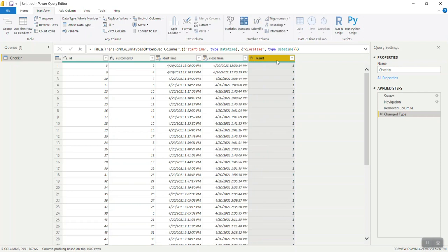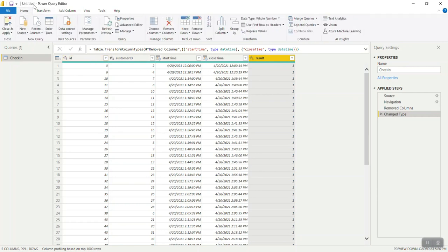Right, so as I have told you, I will be making some more changes, adding some more columns. I will go to the home tab and add a column named test date.